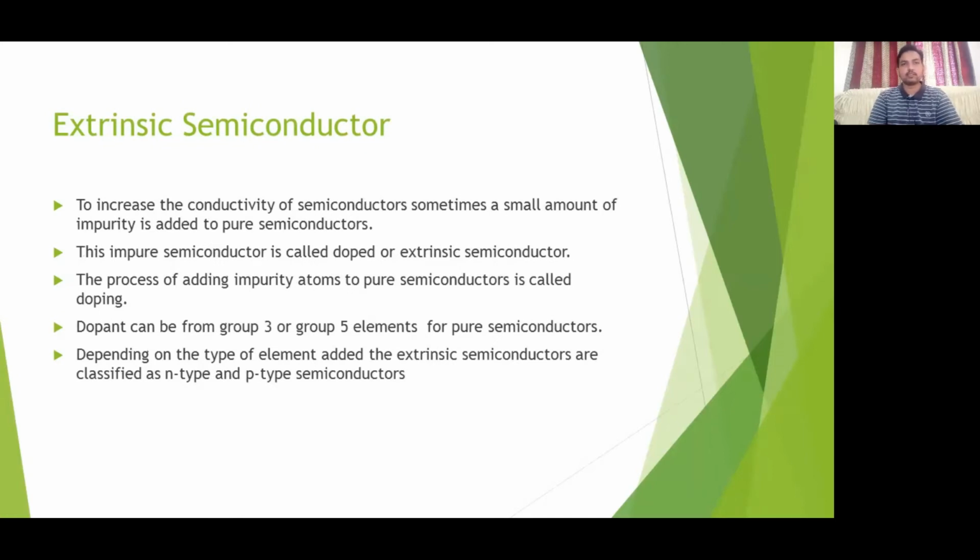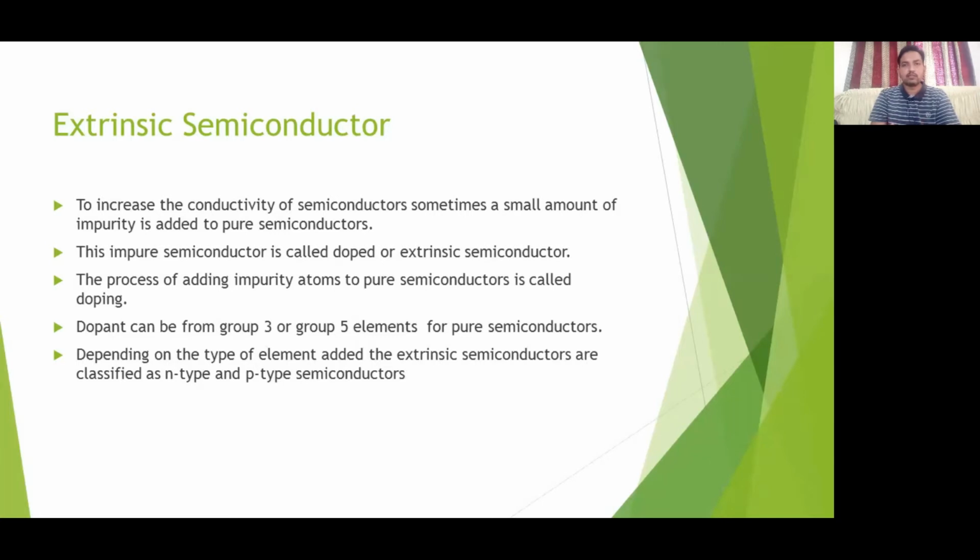Extrinsic semiconductors. We have a problem with pure semiconductors: at room temperature, very few electrons have sufficient energy to jump from the valence band to the conduction band. So we have a very small number of electrons present in the conduction band, which take part in the conductivity process. Due to this very small number of electrons, the conductivity of a pure semiconductor will be very low. To overcome this problem, we have to